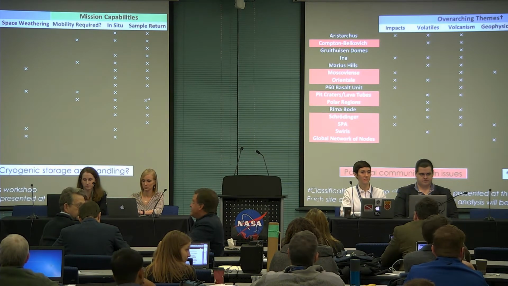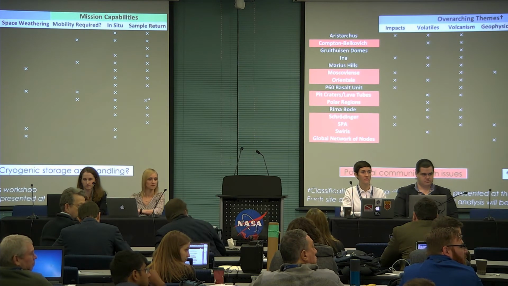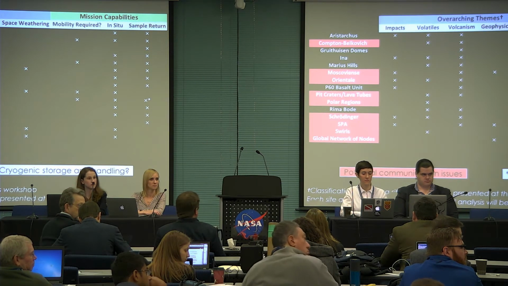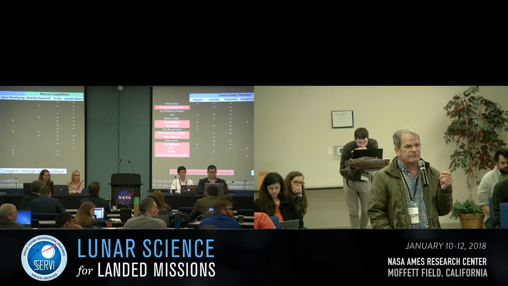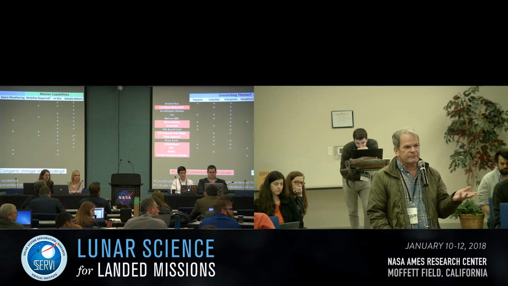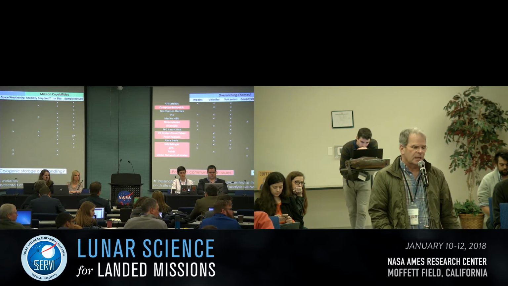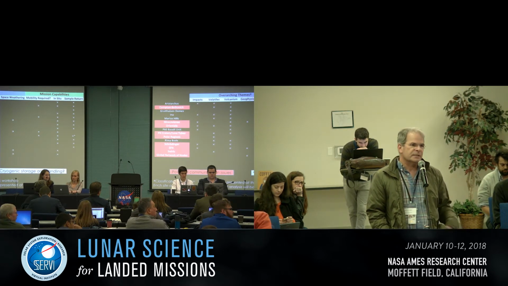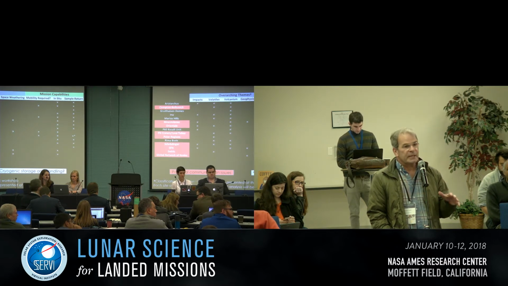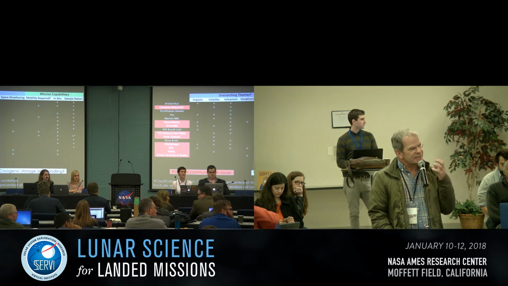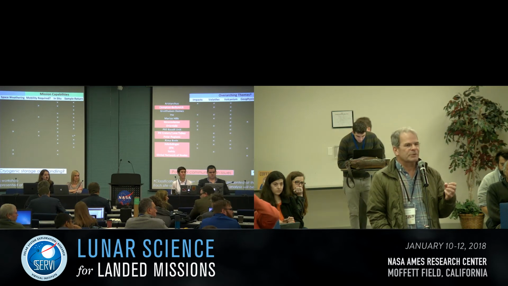Can I just react to something that Junichi-san just said? Volatiles at the poles does not automatically mean PSRs, okay? The reason we say that is because there's plenty of evidence and plenty of study that's gone into establishing that just below the surface in some locales, you get to cryogenic temperatures. So there can be cold traps that are occasionally sunlit, and that's very enabling for an ISRU mission. So it doesn't necessarily mean that you always have to go into a PSR.